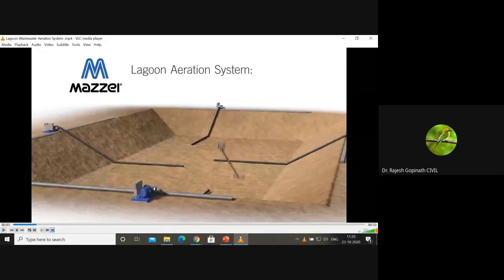Now, I want you to observe carefully. This is a specific model by a specific company, wherein you can see the bottom of your aerobic pond. You can see that it has been constructed as an in-ground earthen basin. And now you see how this system is allowing oxygen to enter. As I told you, you can go for aerators, which are surface aerators or diffusers. But just look at this animation, how they are supplying oxygen to this entity.